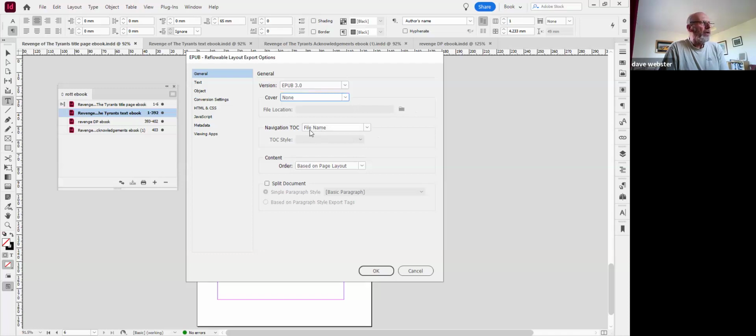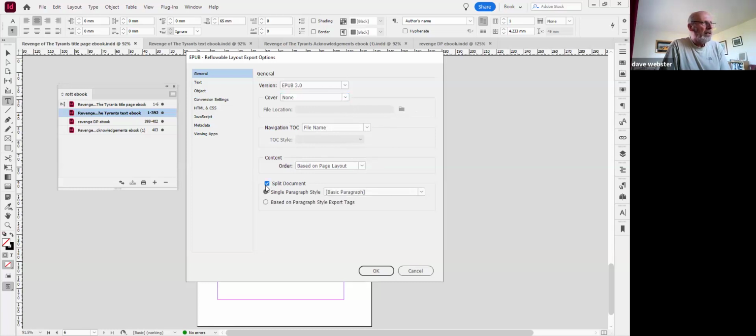Now we don't have a table of contents yet, because we haven't got one yet. So I'm going to leave that blank for the moment. So we'll have to come back and we'll have to tell it when we've created a table of contents file. I need to come back and tell it what it's called. But the important thing here now is split the document. This is the splitting into sort of electronic pages,